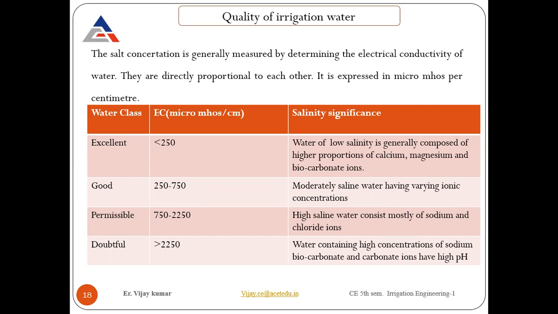In that case, what do the people of Rajasthan generally do? Because their water is not sweet water, or you can say meetha pani is not available over there. They have khara pani, which has sodium and chloride ions, which is not good for the soil as well as for plant growth.